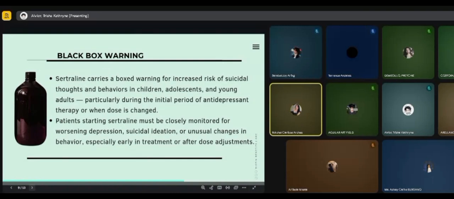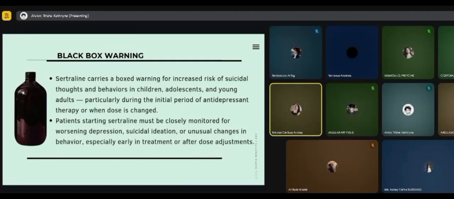Because of this, the patient must be monitored closely for any sudden changes in mood, behavior, or thinking. It is also important to observe for signs such as increased agitation, restlessness, impulsivity, or unusual changes in behavior. Families, caregivers, and healthcare providers should communicate regularly and report anything concerning. Although this warning sounds serious, it helps ensure safe and careful use of the medication.